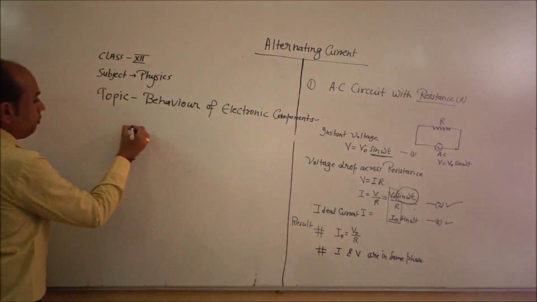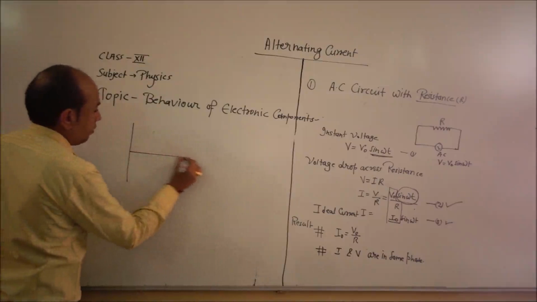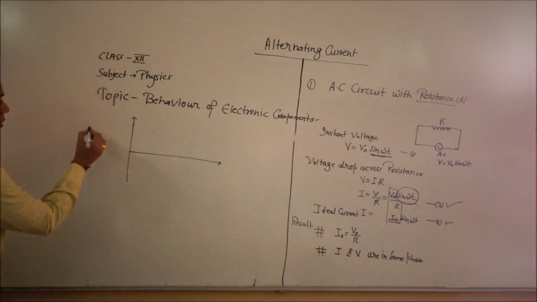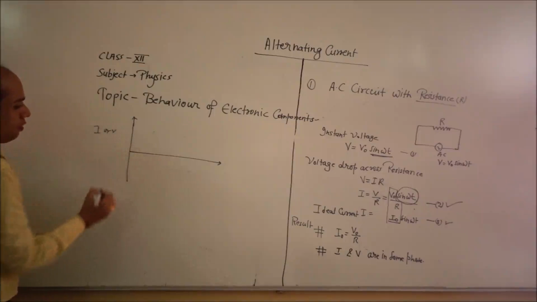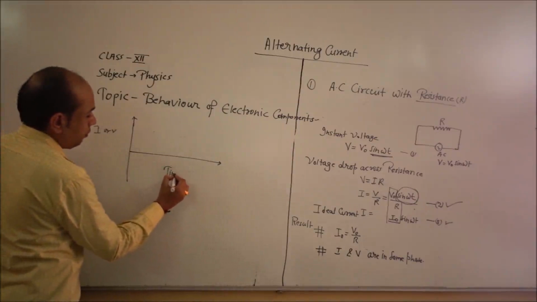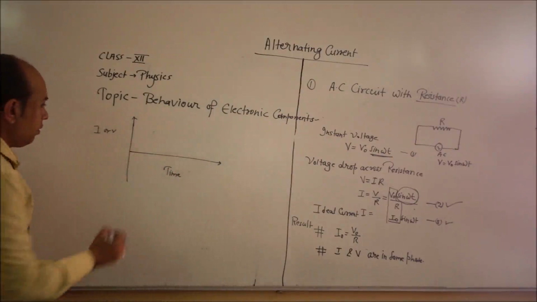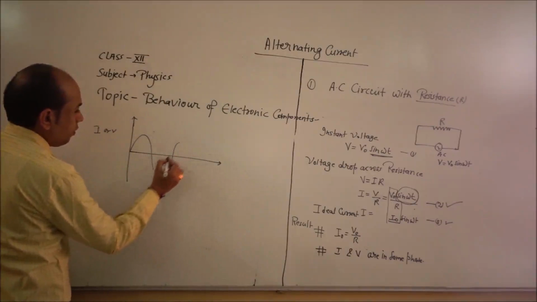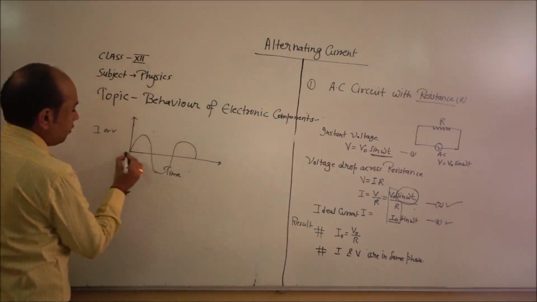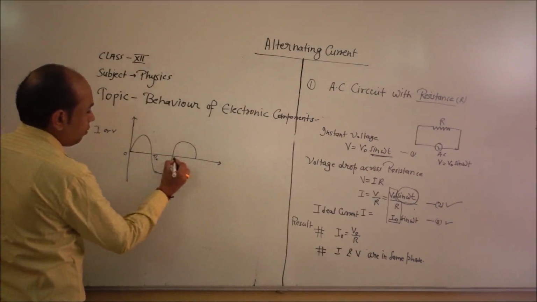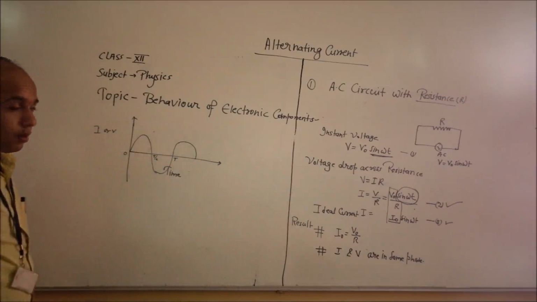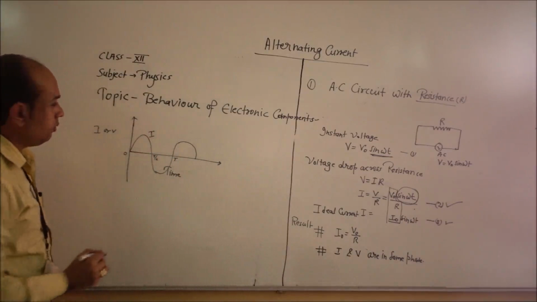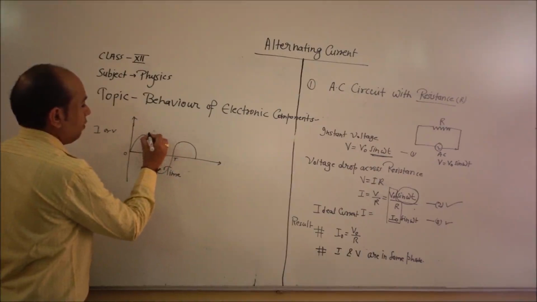So if I plot the behavior of current and voltage simultaneously in a single graph, so current, voltage versus time. Because of sin omega t, the sine graph is always again 0, T by 2, T and so on. Okay, so this shows here current, or we can say voltage.